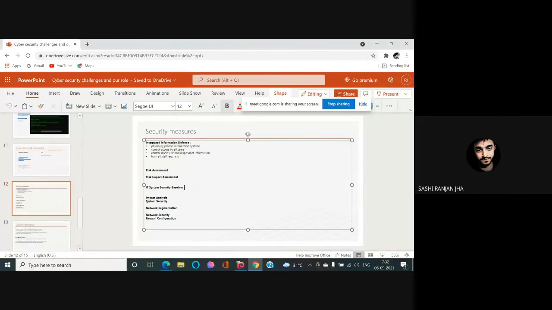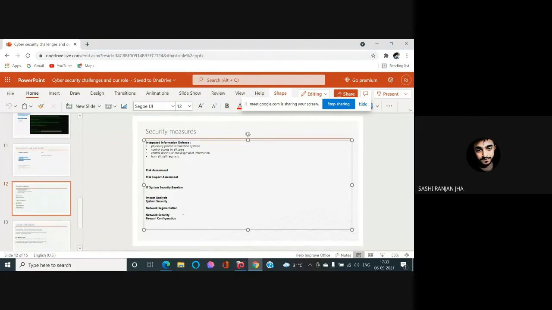Then the IT security system baseline. There is a baseline, or a basic overview, of how all the security and systems within the environment should be and should work. These baselines should be maintained before doing any kind of risk assessment. Then impact analysis, which is similar to risk impact analysis. And then system security and network segmentation.